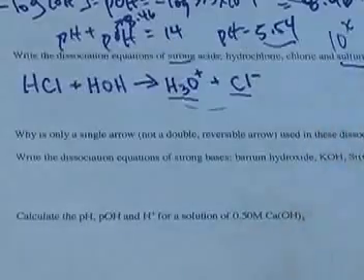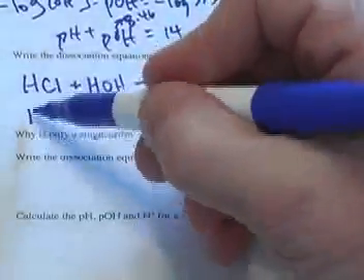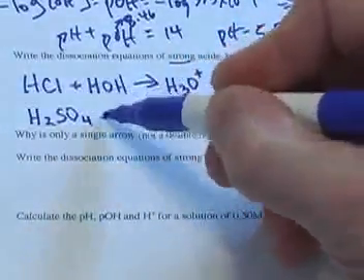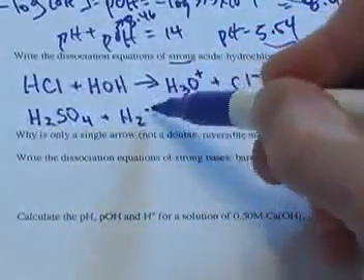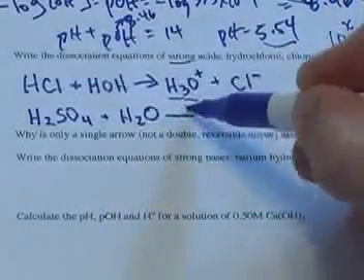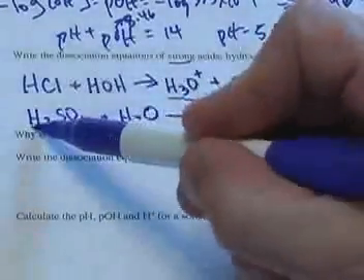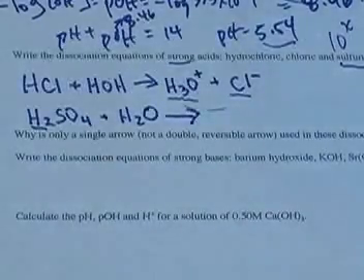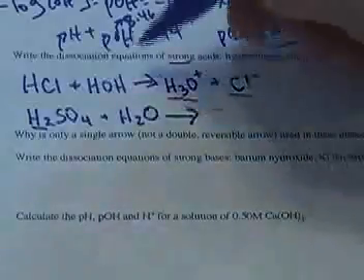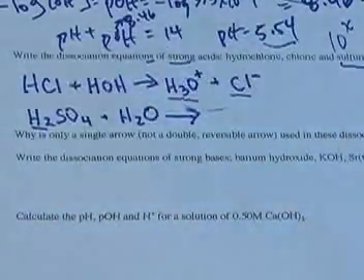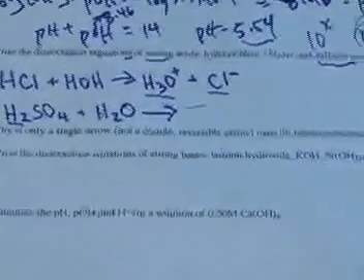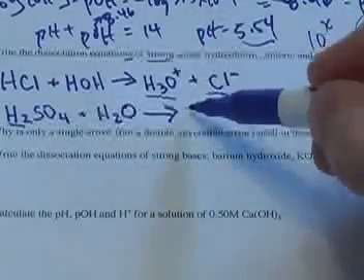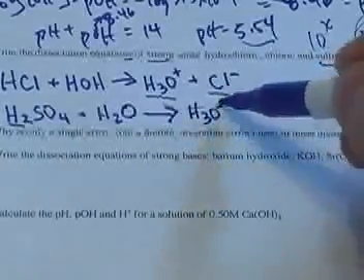Okay, secondly, let's do sulfuric acid, because this one's really interesting. Sulfuric acid, remember, is H2SO4. And if you remember from past videocasts, this is called a polyprotic acid, meaning that there's more than one proton. There's two of them here. And it asks for the dissociation equations, so we'll actually write just the first dissociation of H2SO4 and talk about the second. Now remember, it's going to give up a hydrogen atom to H2O, so it'll form H3O plus, and